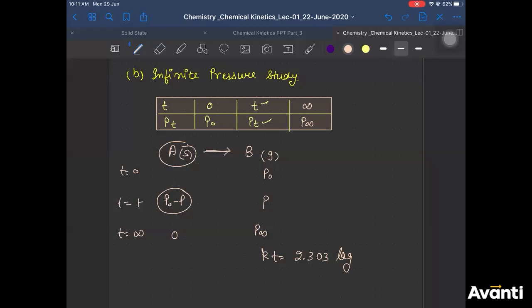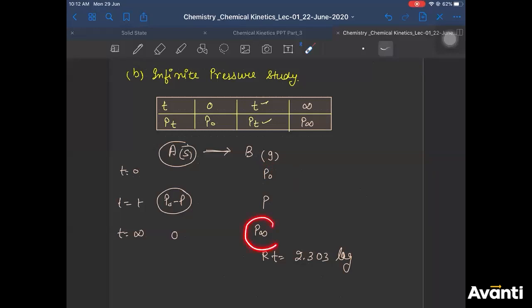Right? So if the initial pressure is P0, the final pressure of the system at infinite time is a total pressure P infinity. Can you tell me, out of this P infinity, there will be a pressure of some product also, that is the initial pressure, right? Now listen to this logically, very carefully. So what you can say here is your initial pressure, which is given as P0, is not due to reactant. It may be due to some residual product which is present at this time.